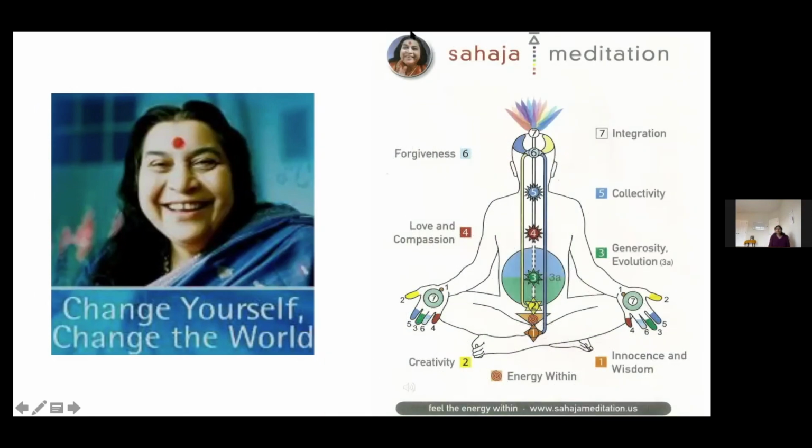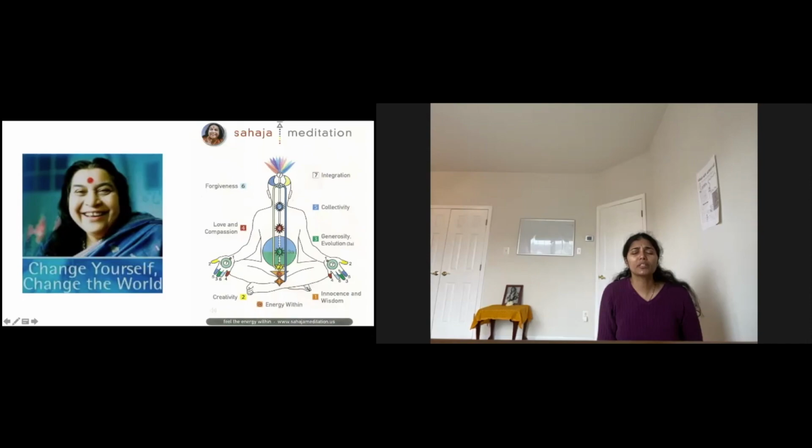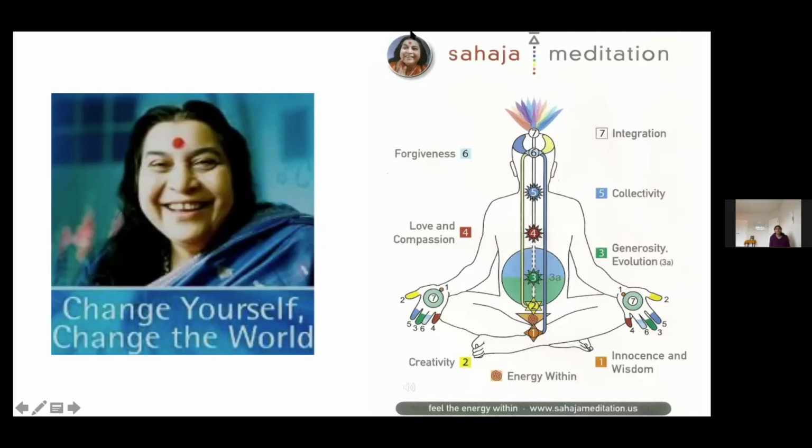When you're done, you can bring your right hand back to the lap. Keep your full attention on top of the head. This is the seventh chakra. This is the chakra from where the Kundalini energy pierces and reaches the divine energy. Here we say the affirmation,